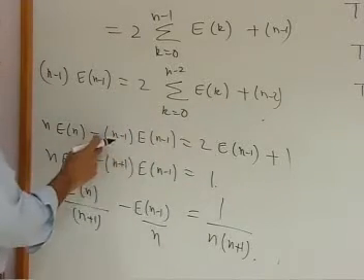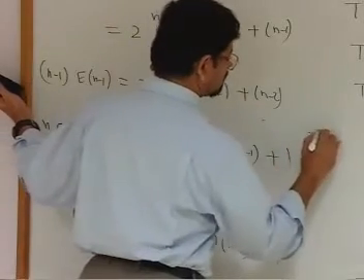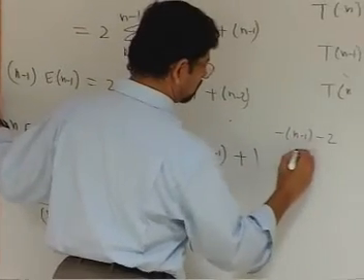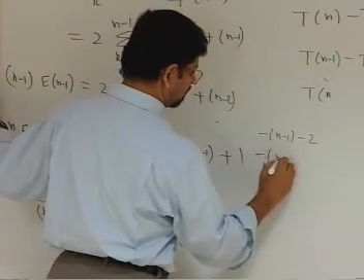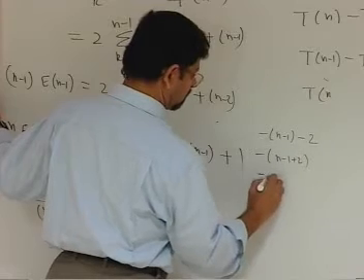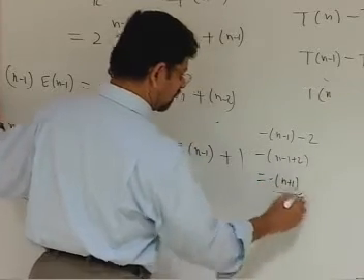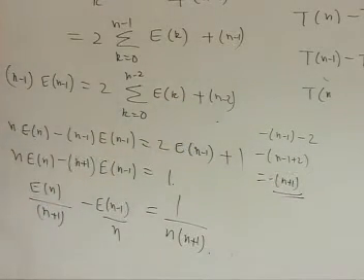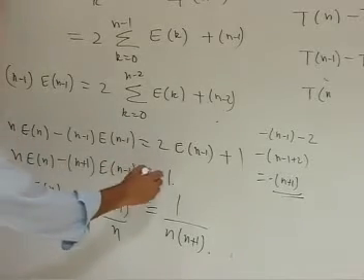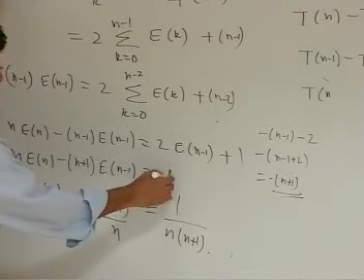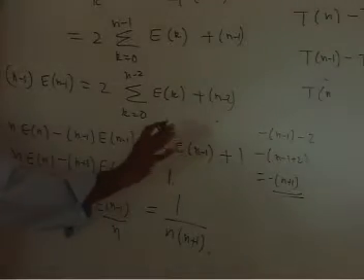No, this 2 has come here. So, minus n minus 1 minus 2, which is equal to minus of n minus 1 plus 2, which is equal to minus of n plus 1. That's what I have written. No, this is not a problem. Somewhere here is where I am missing something.